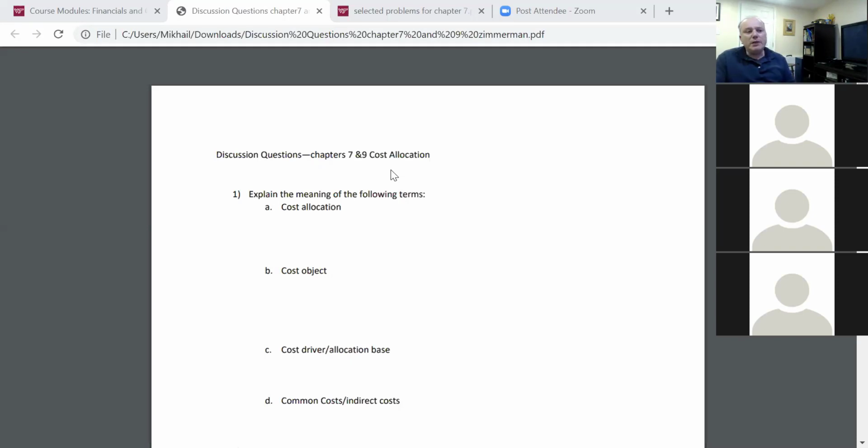So what would be maybe a better way of doing it rather than just on the basis of student count? Can you allocate on the basis of relative revenues of the two programs? What do you think? Would that be a better approach?